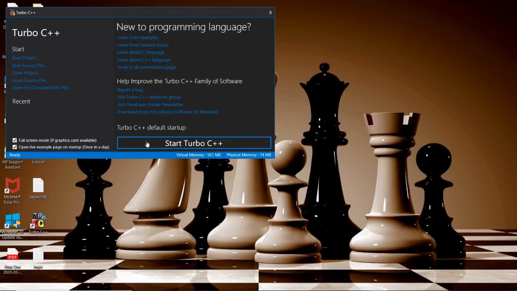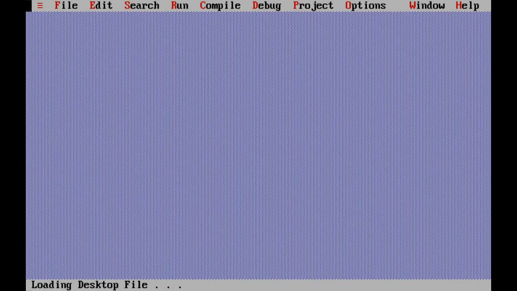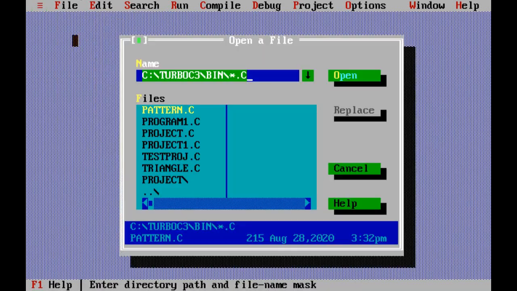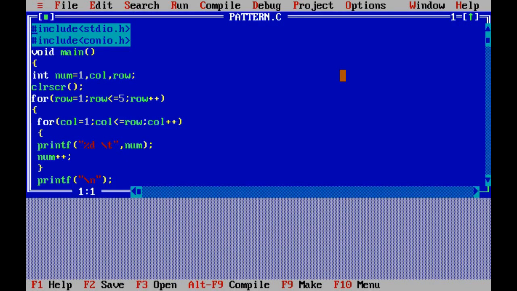Now we will open the Turbo C++. So I'm going to use the same project that we printed the last pattern. So I'll open that project. So if you see, that is the same program that we have written for the last pattern. So I'm going to make the changes. So instead of num, I'm going to make it as m equal to 1 and n equal to 1. So as we discussed before, m is for decrementing within each row, and n is for incrementing between the different rows.